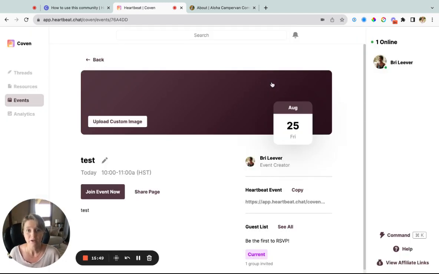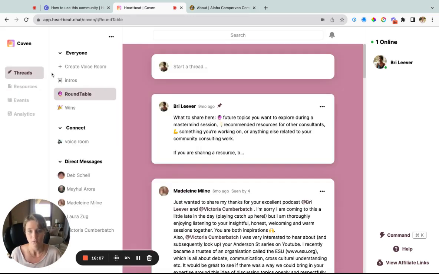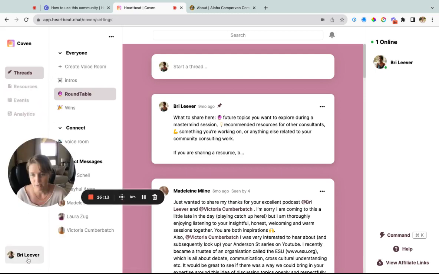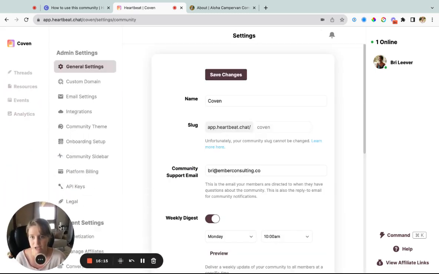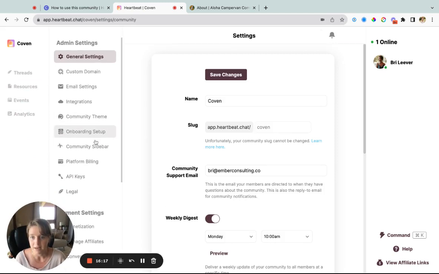So if you use events to draw new members in and you want to host them publicly, but you don't want to have to introduce a whole other system to host those public events, like if you were doing it in Circle, you could use Luma, that tool. But if you want to keep it simple and have it all in one tool, Heartbeat is a great platform for you. In addition, I just wanted to show, because we don't have all of our community apps enabled here,